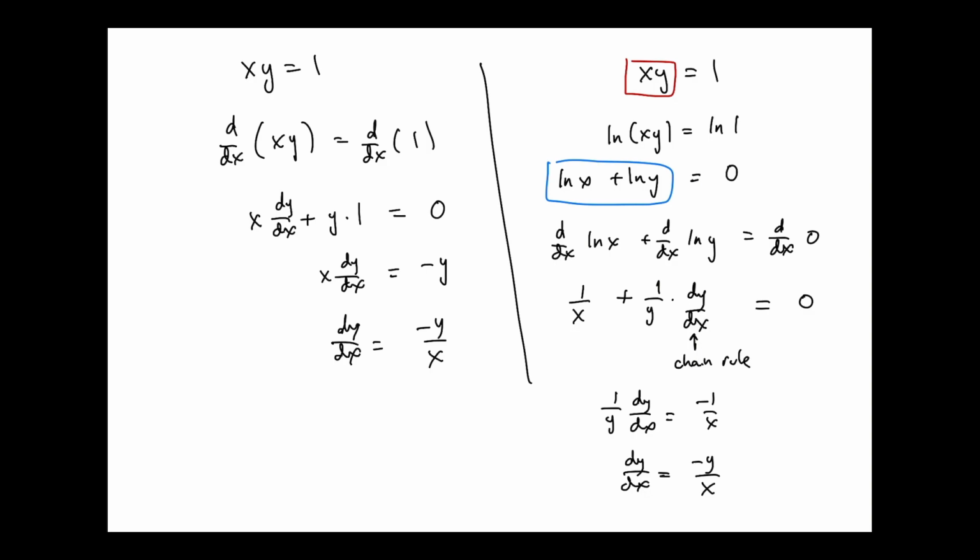Okay. And what can turn products into sums and quotients into differences? The logarithm can do that. And it's, like I said, why Napier came up with it in the first place. Okay, so let me make kind of an analogy here. It's not the best analogy in the world, but